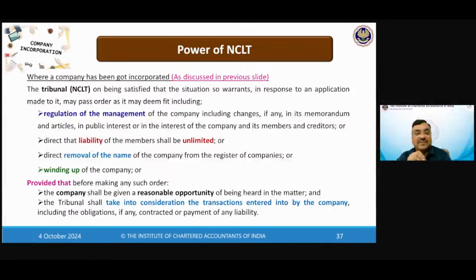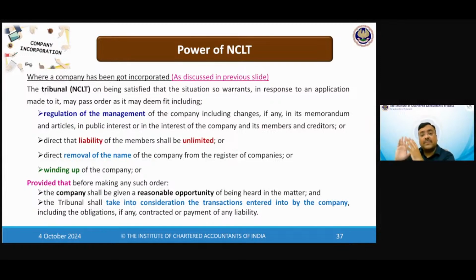pass an order as it may deem fit, including regulation of management of the company, including changes in MOA and AOA in public interest or in the interest of the company and members and creditors, or direct that the liability of the members be unlimited. Or may remove the name of the company from the register of companies, or may order for the winding up. यानी कि अगर लगता है बहुत थोड़ा बहुत काम है तो मैनेजमेंट रेगुलेट कर सकती है,